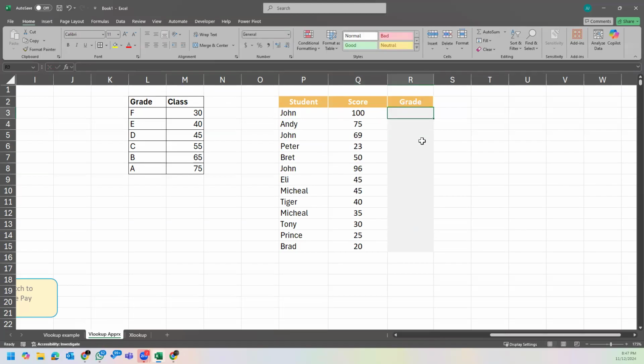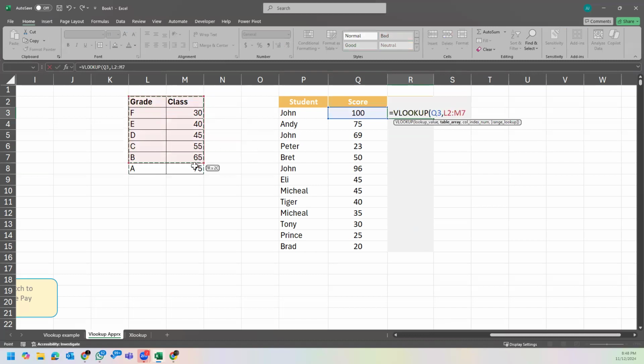Okay. So for this, we have equal to VLOOKUP, the score, the table array, comma, the column index is